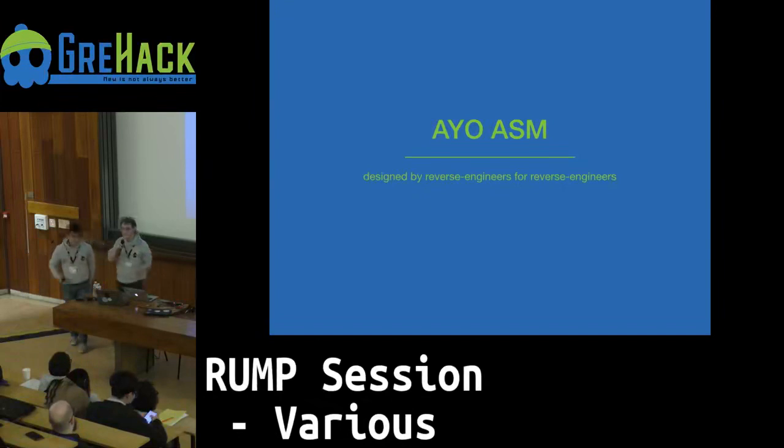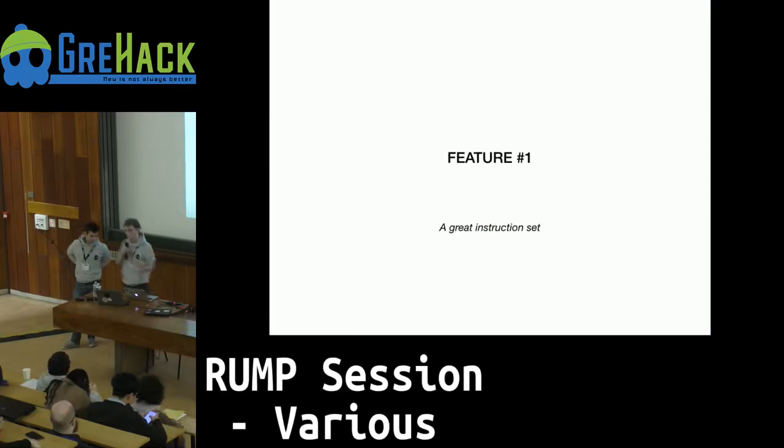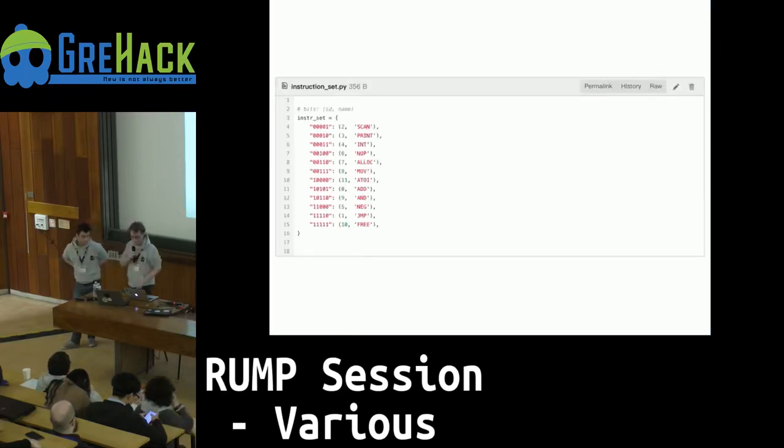Obviously, the assembly we made for this virtual machine is called I/O, and our developers need assemblers and tools to build programs in I/O. So it was designed by reverse engineers for reverse engineers, and we are going to describe some features. The first one is a very great instruction set, composed of about 12 instructions. With all these 12 instructions, we managed to do everything: